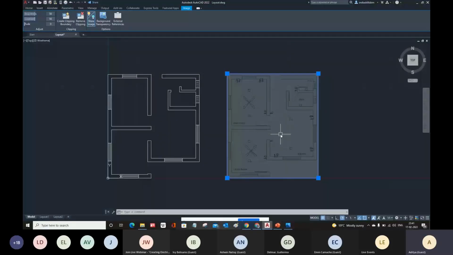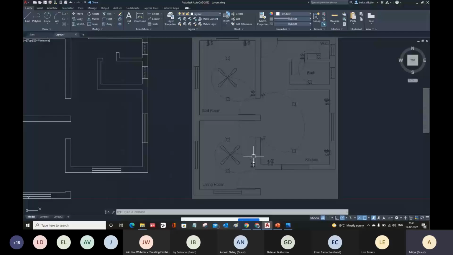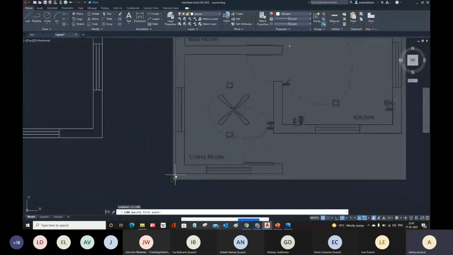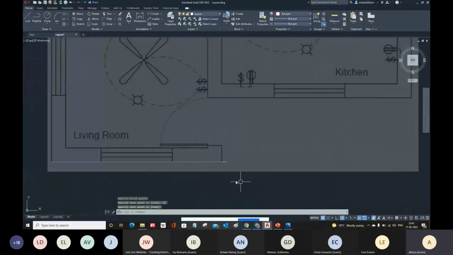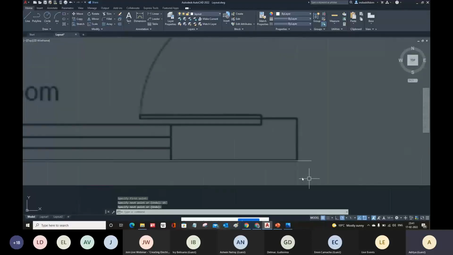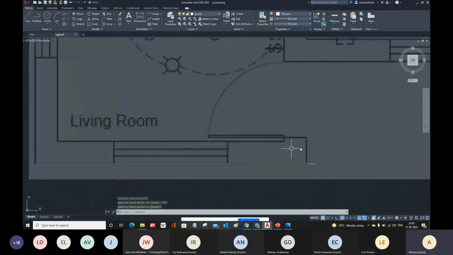Suppose you want to scale your drawing according to your object. I'm going to create my object first of all. Make sure that your units are according to your drawings, and I hope you know that we can use the units command to specify the units. Here, suppose I'm going to make it 15 feet. So just make 15 feet, enter, and then enter. My line is there. My drawing is not according to that component.